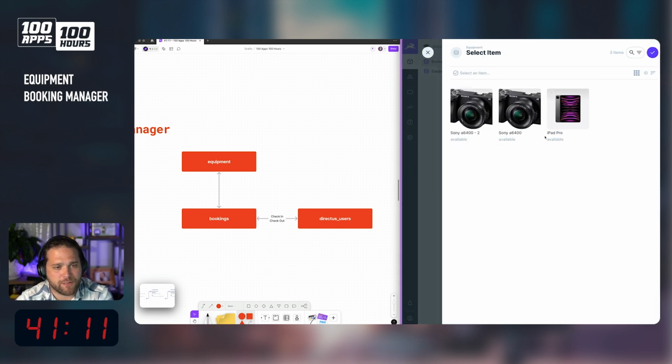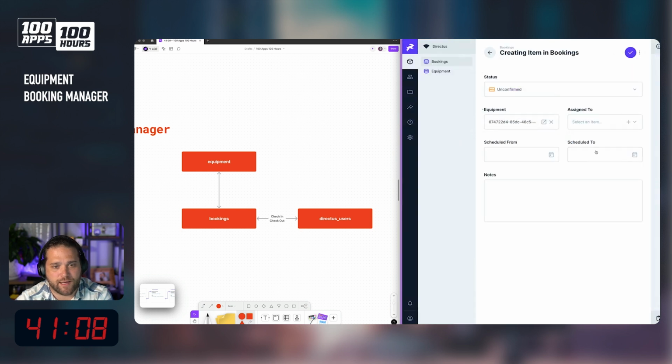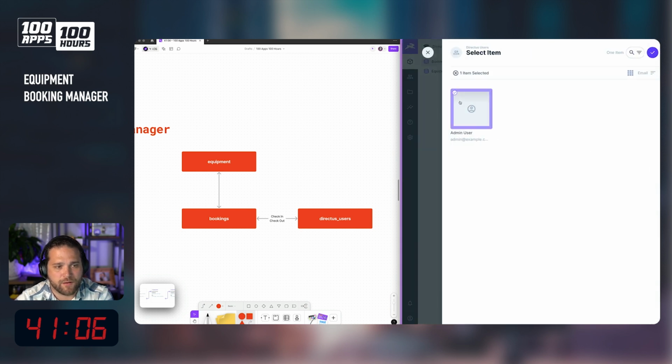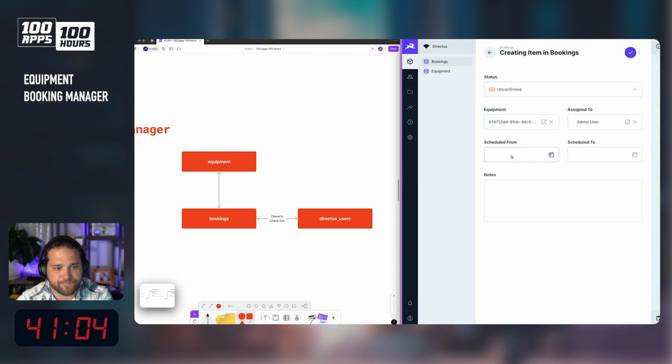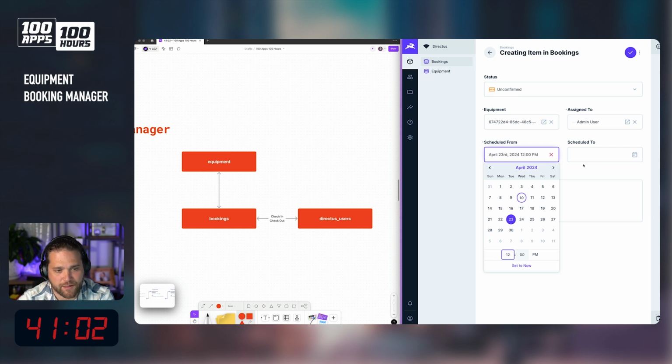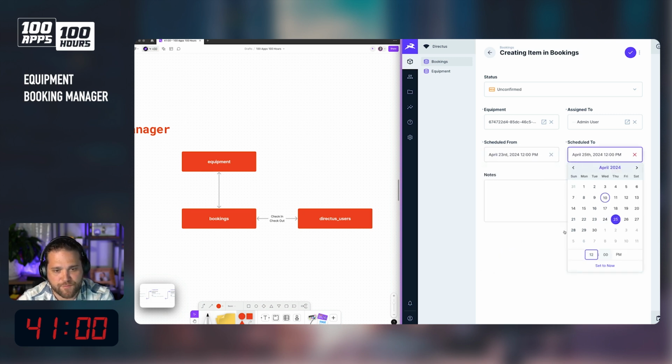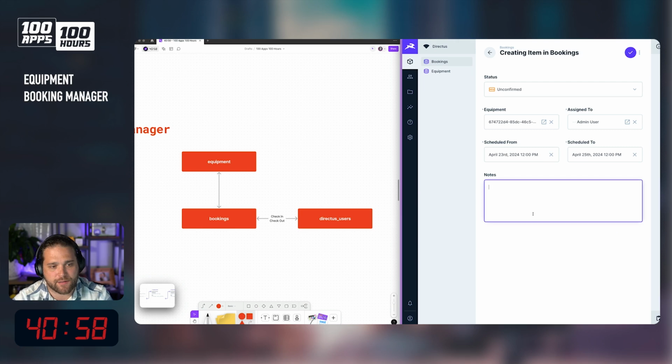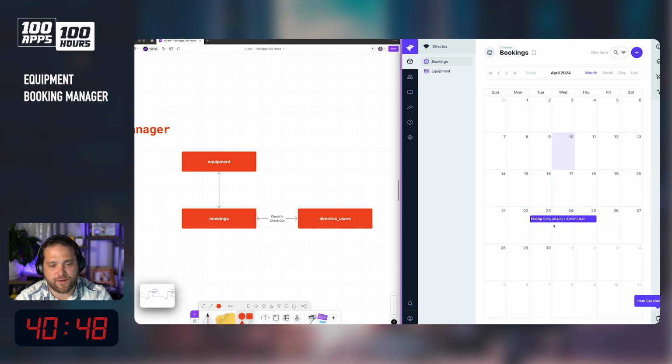All right, so we're going to pick a piece of equipment. Let's say we want this Sony A6400. That's going to be assigned to me. I want to check this out for 2 days near the end of this month and using for a photo shoot. Great. So now I can see that booking on my calendar, and presumably as these bookings come in, I could